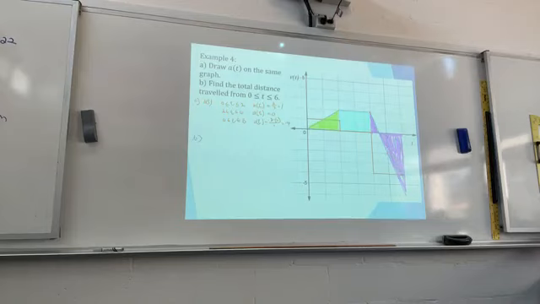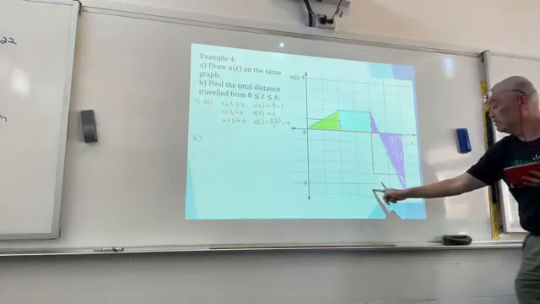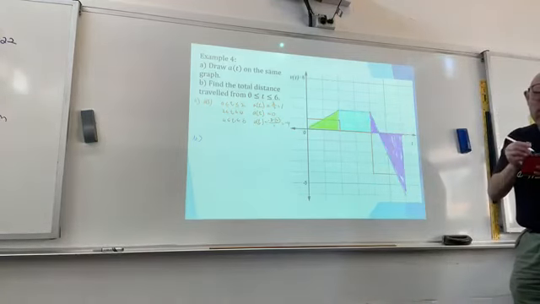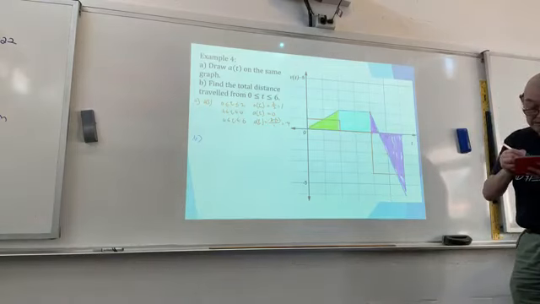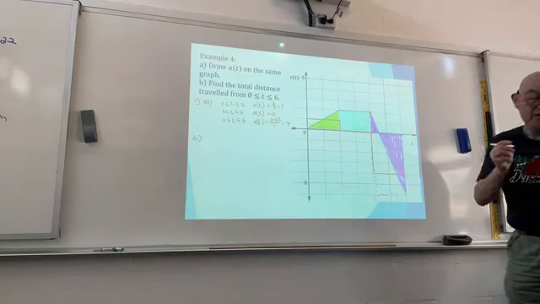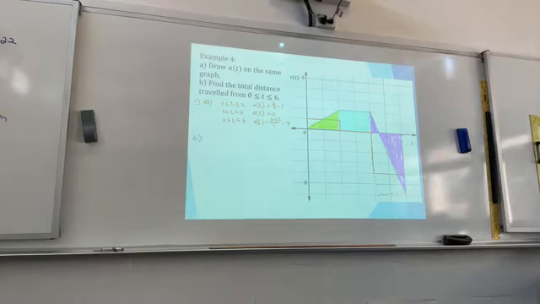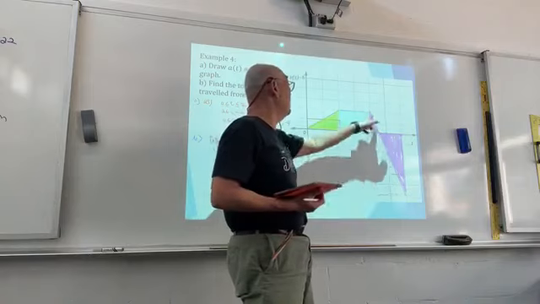Alright? So you can find the area under the graph. And in fact, this is just this triangle here. Right? You can see that that is actually this triangle. These two would add up to be this. Alright? Yeah? So you can work out the area. So the total area under the graph. So therefore the total, instead of looking at triangles and rectangles, the whole thing is just a,